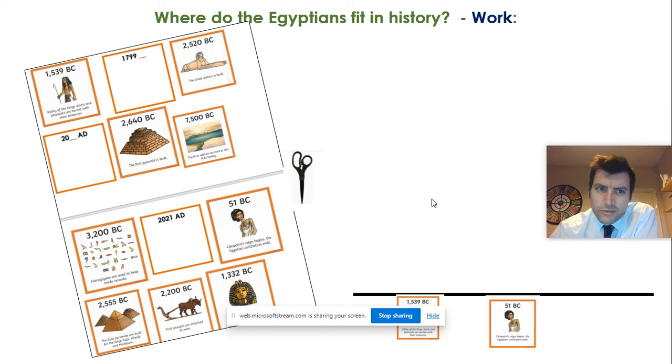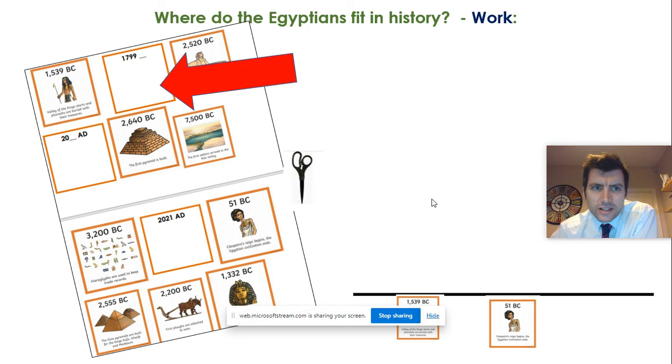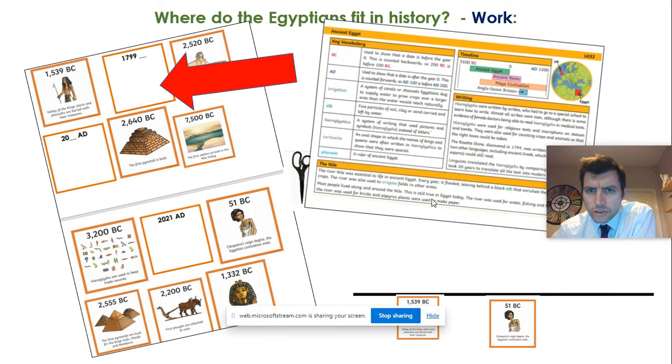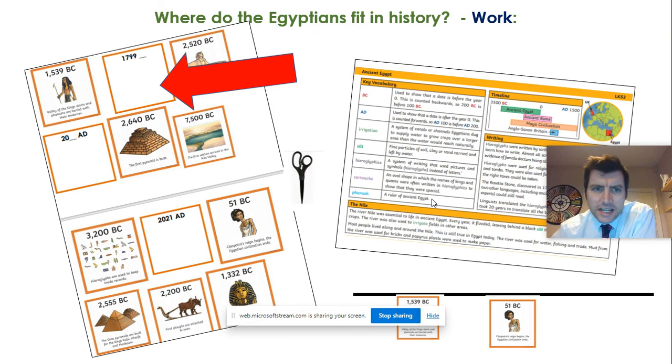And you notice as well that some of these are empty. So we've got 1799, 20 something AD, and 2021. And I was hoping that maybe by doing a bit of research with your knowledge organizer, you might be able to identify what could go there. Now, 2021 is this year. Could you write down what you think might happen this year? 20 something AD, I was wondering if maybe you could write down when you were born and write down a bit of information about you on that one. And then on the 20